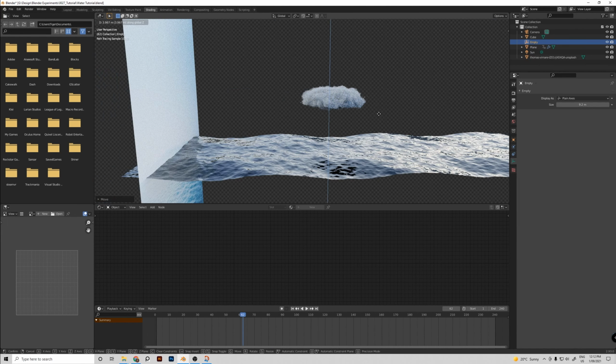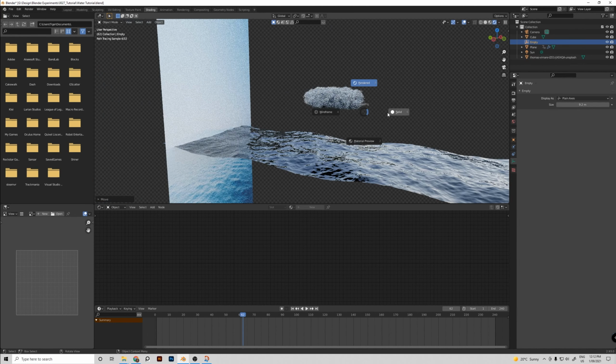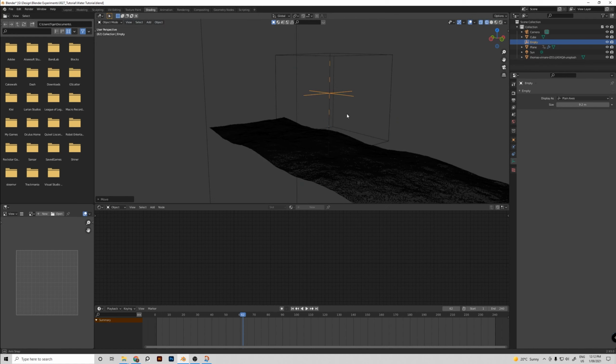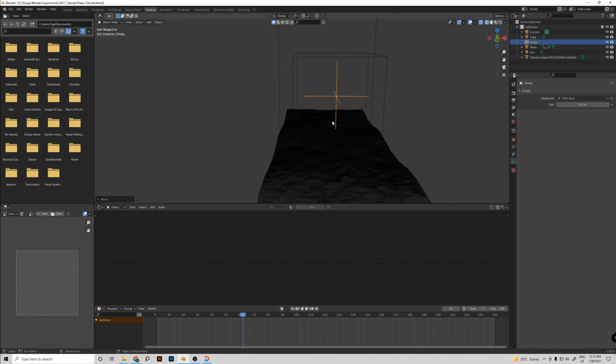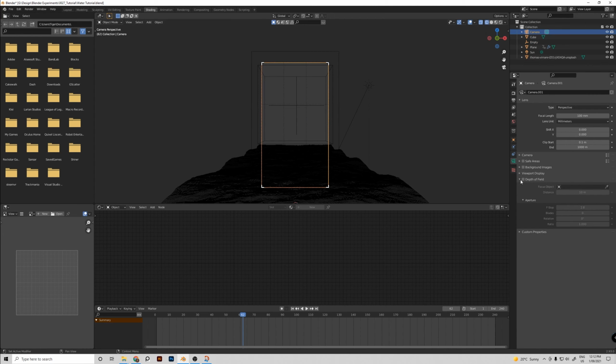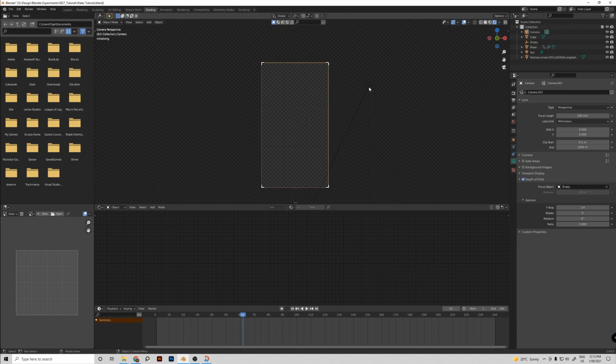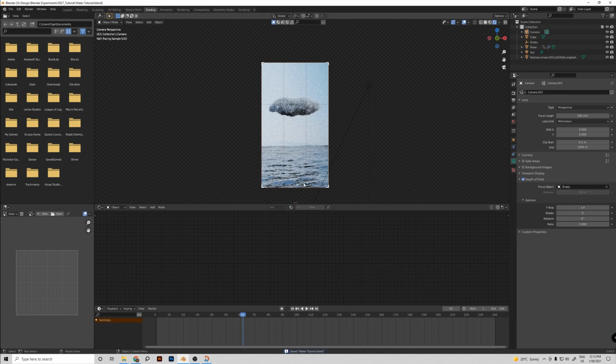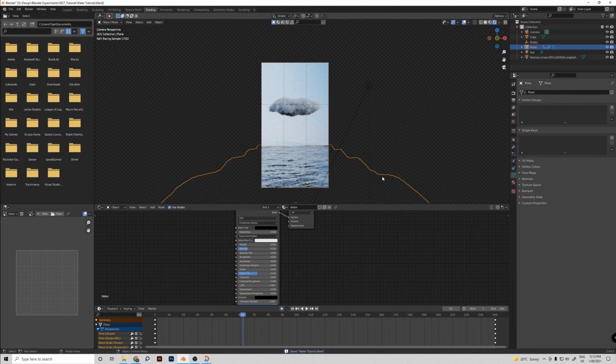Oh, I can't see it. It's really annoying. Solid wireframe. Put it there. Yep. And then we're going to turn on depth of field. We do it to our empty. I might just reduce this. And this is just going to make us focus on the cloud, which should theoretically mean that our foreground is